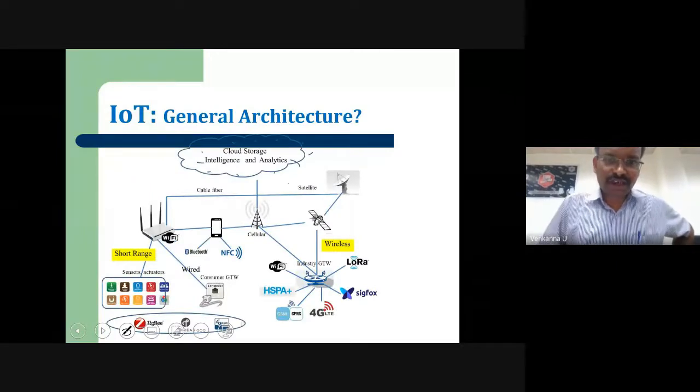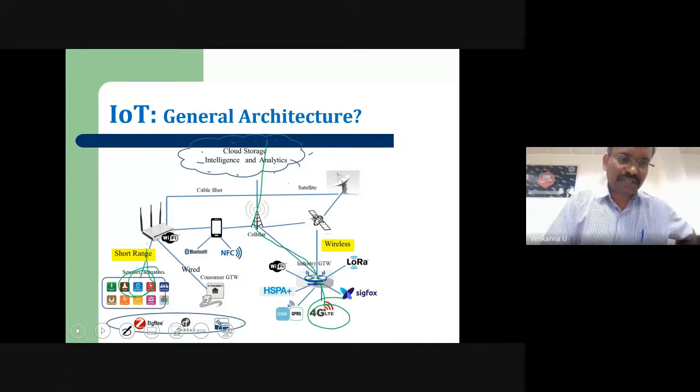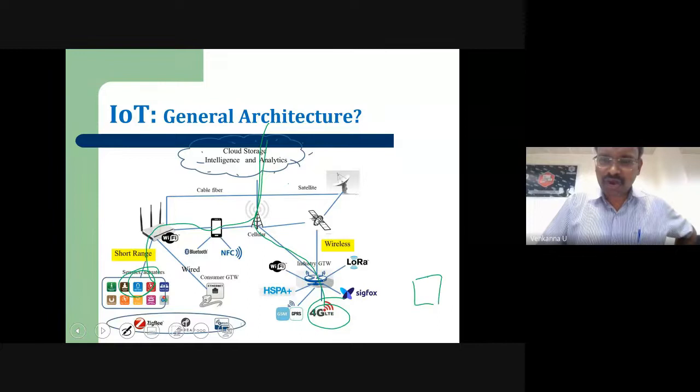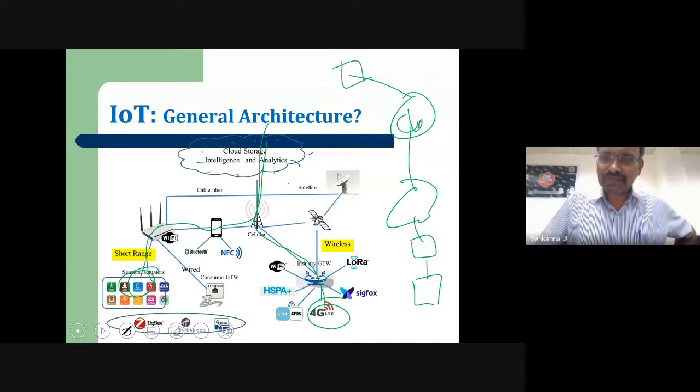Now, this is another general architecture I took from one of the research papers. Basically, when you sense your data from a particular node, how does this data go to the cloud? Similarly, here you have some sensors that communicate through a gateway or through a mobile. But as of now, we are just developing a small mobile application, a small IoT application, making Wi-Fi communication through your mobile data. You are able to send it to the network, and through that it is stored in a cloud. Maybe you develop some mobile application. It means we are bothering only about standalone communication.